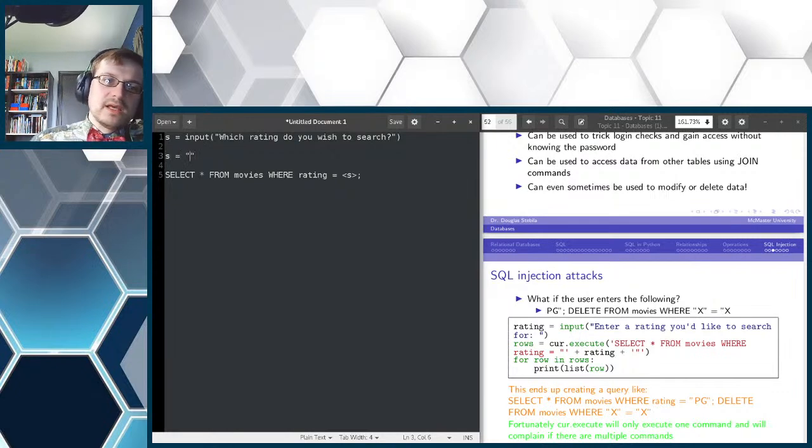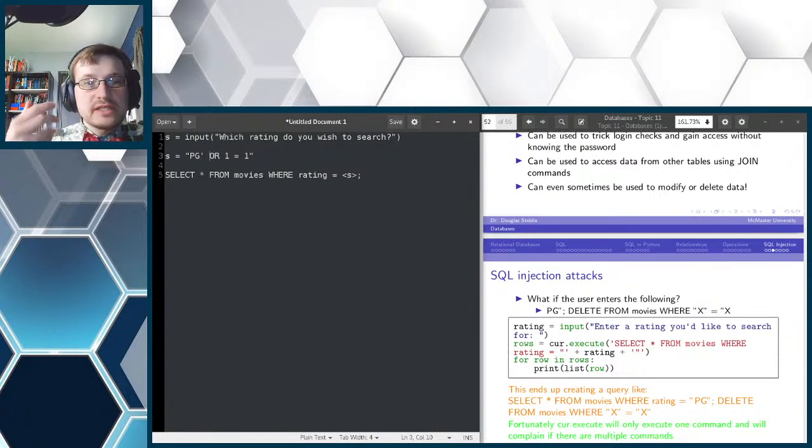So let's say our string is rating is equal to X or PG. If we close the string and then put or 1 is equal to 1, or some other thing that always comes out true,